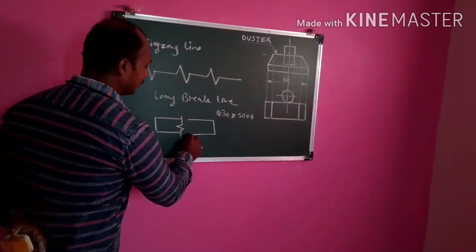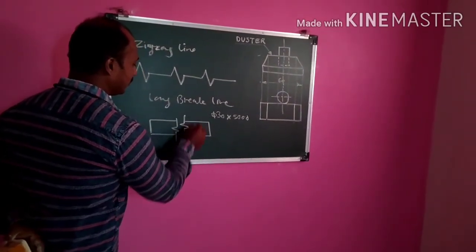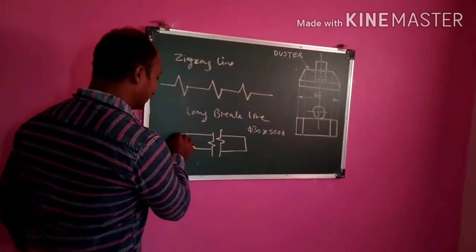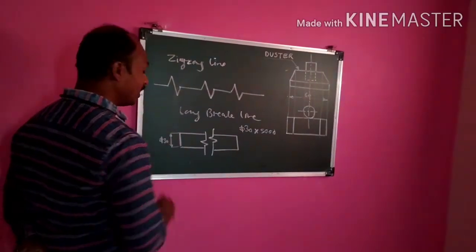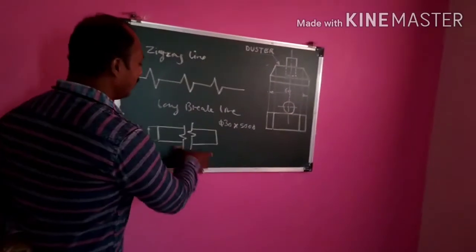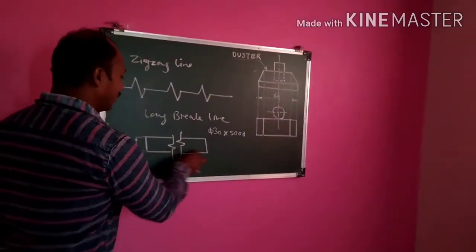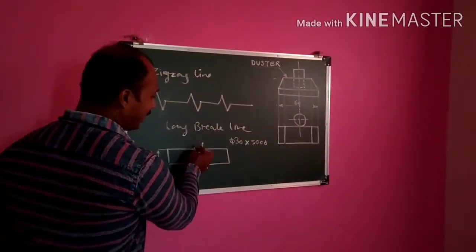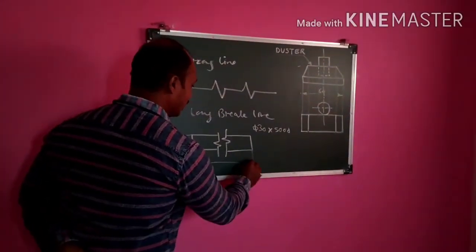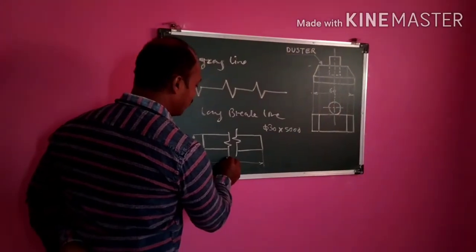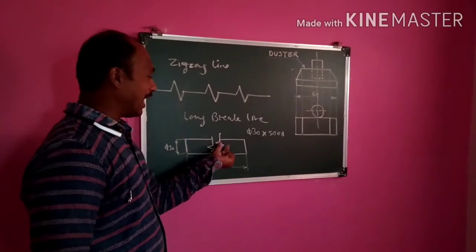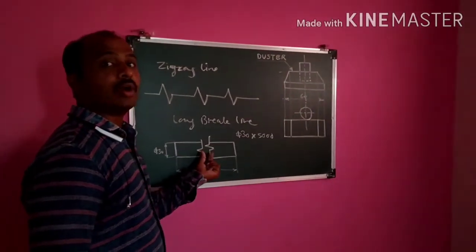We draw the long break line like this. So this dimension I take as 530. It means a 1:1 scale. But here you can draw as you want. If you take this 50 mm, no problem. Take the 50 mm dimension only and break it, use your long break line, and directly you can put in the drawing this dimension as 5000 mm, because we cut this object from here, and this line shows that it is a long break line.